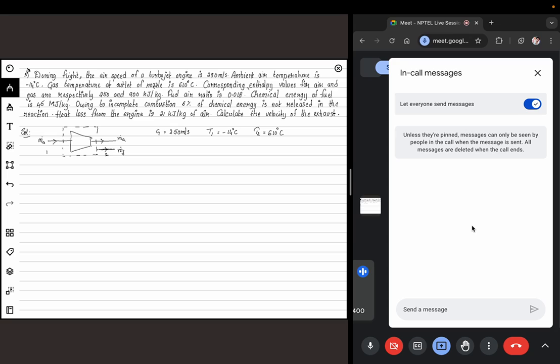So maybe if we change this question a little, change in enthalpies are given like this. So change in enthalpy for air, that is H2 minus H1, for air is given to be 250 per kilogram, and then for fuel, or basically the gas,